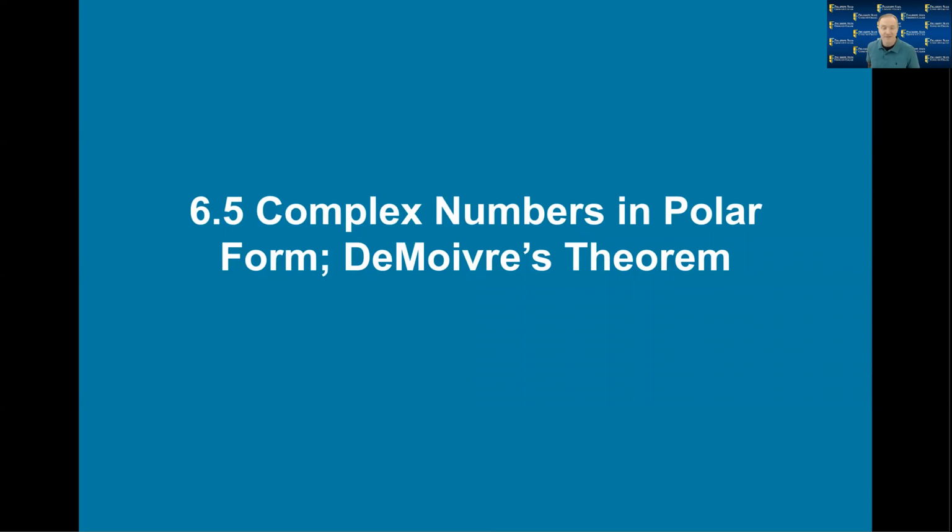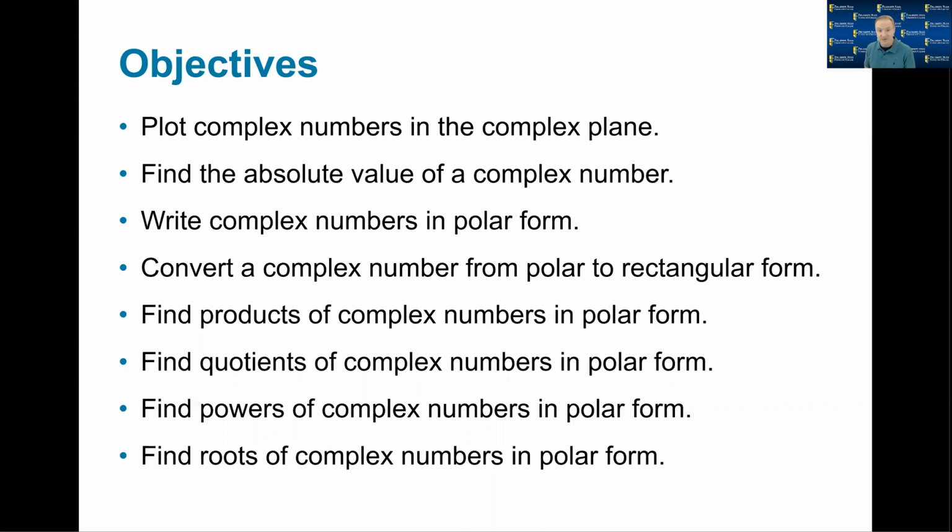Hi all, let's take a look at section 6.5, which is going to discuss complex numbers in polar form and De Moivre's theorem. Now, there's really a lot of different concepts packed into this section, but I think if you'll break it down component by component, each one's really not that bad. So now, if you look at my objectives here, you'll see what I mean about there being quite a bit